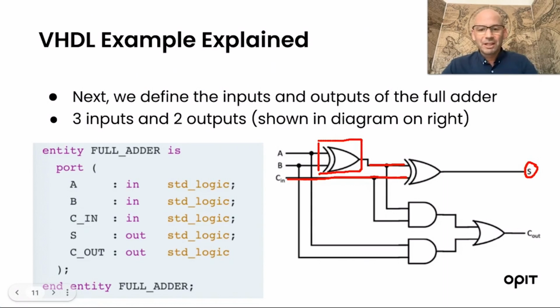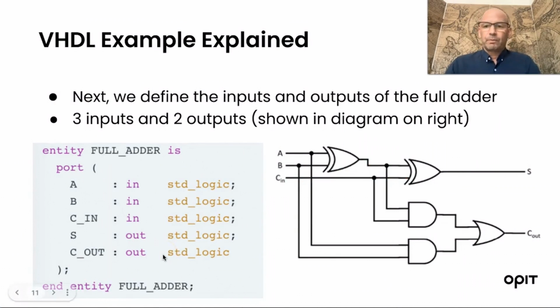The output of C out is a little bit more complex, right? We need to go through two AND gates and then an OR gate before we get our output, but the same idea. We have to model this structure, I guess is the best way to say it, in order to get the desired results using the